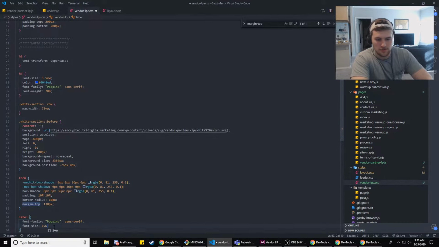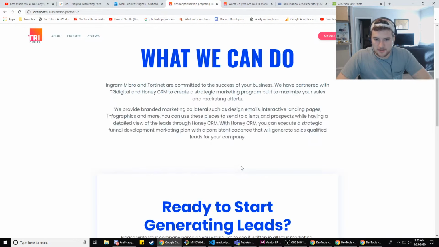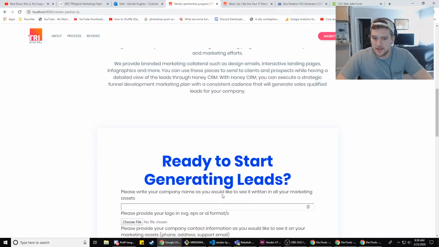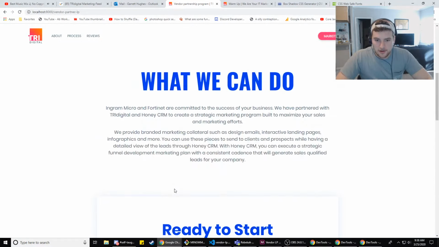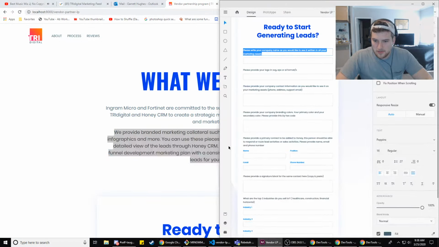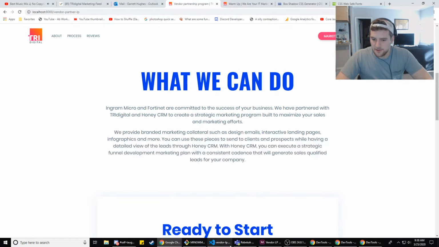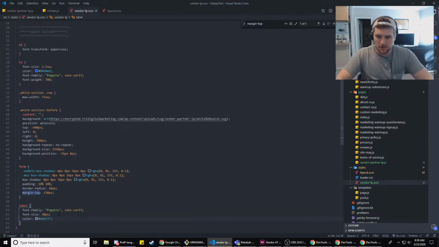Actually, what if we do like one view width? What size is it then? Does that look good? That looks good. Is that what these are? What is this stuff? I can just steal the styles from this. Oh, it's font size 20. I guess we should probably just stick with that to be consistent then. So font size 20 pixels, and then do we get the color? Is that the same color? It's this like teal, off like dark teal thing. So we're gonna do color, and then that dark teal color.